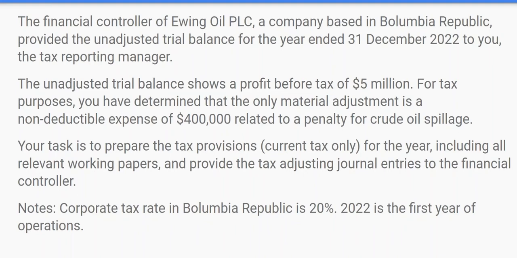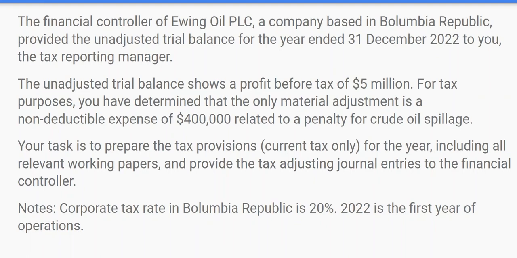The case study talks about a company called Ewing Oil PLC. The financial controller of Ewing Oil PLC, which is a company based in Colombia Republic, has provided the unadjusted trial balance for the year ended 31 December to you, in this case you being the tax reporting manager. The unadjusted trial balance shows a profit before tax of $5